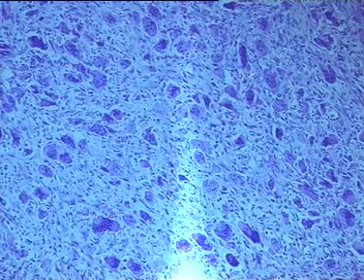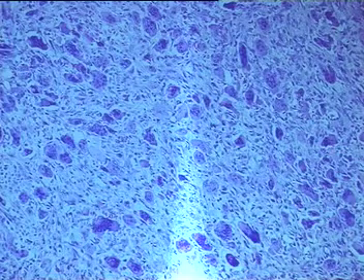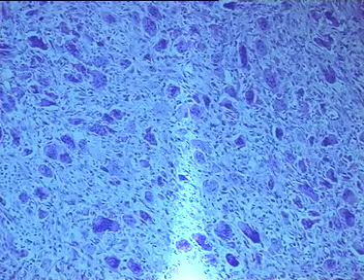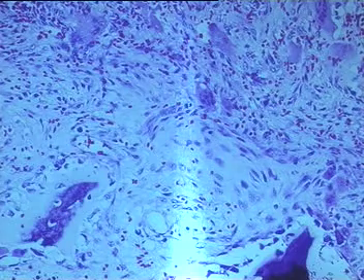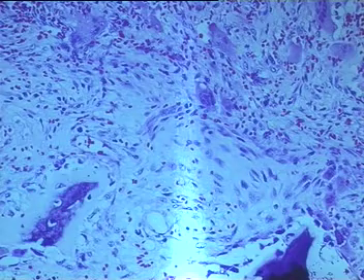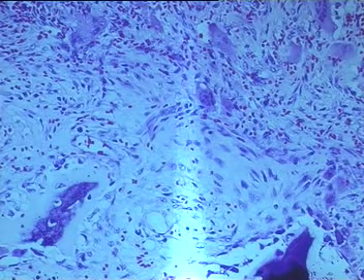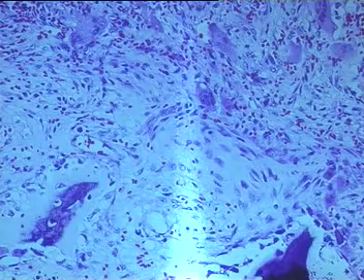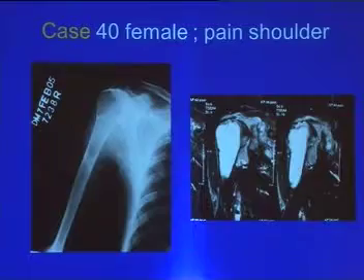But again, to stress the fact that the spindly cells in a brown tumor of hyperparathyroidism are more fibrous looking. They are elongated, they have more collagen, unlike the spindly cells of a true giant cell tumor. And in addition, since this is basically a reparative process due to the underlying metabolic disease, it does have a lot of this loose myofibroblastic proliferation, and one does see a lot of bone in a brown tumor of hyperparathyroidism.